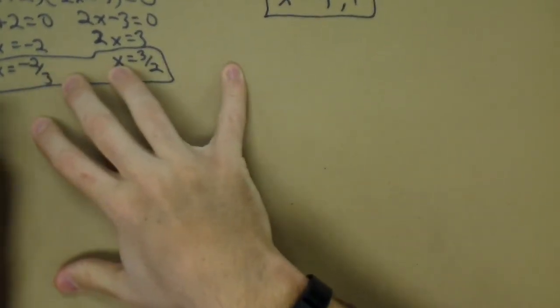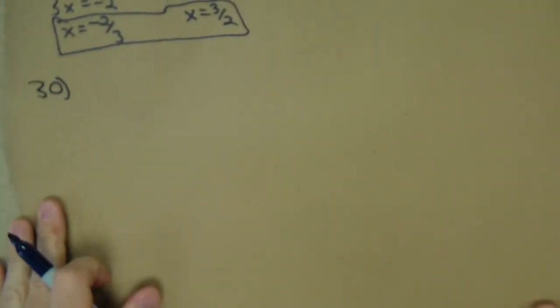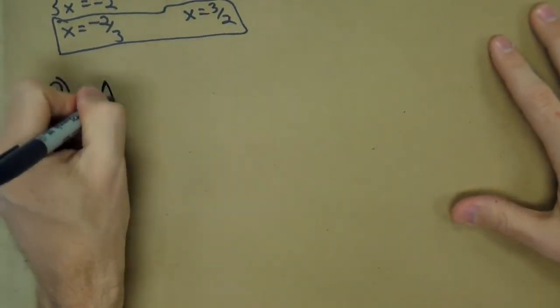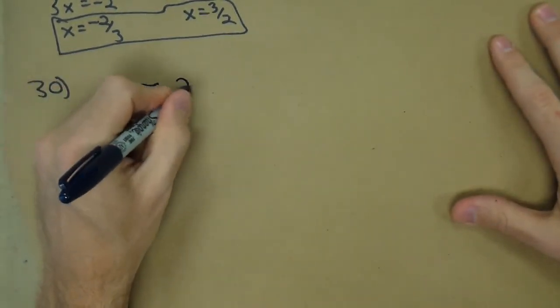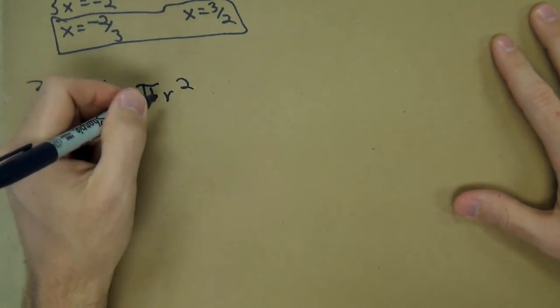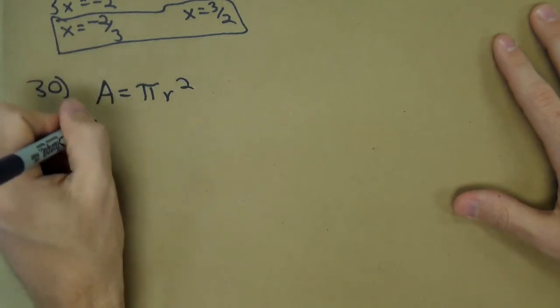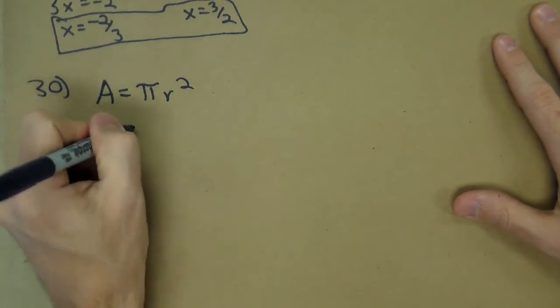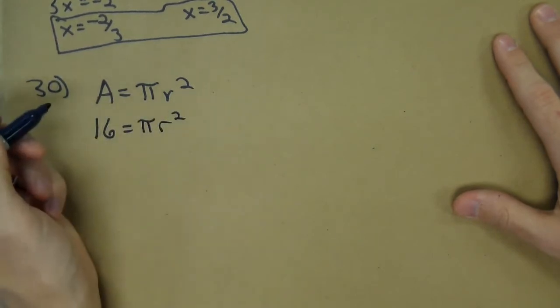For number 30, we have the area of a circle is given by the formula area equals pi r squared. R is the radius of the circle. Find the radius of the circle with area 16, and we're solving for r. So if I go 16, the area, equals pi r squared,